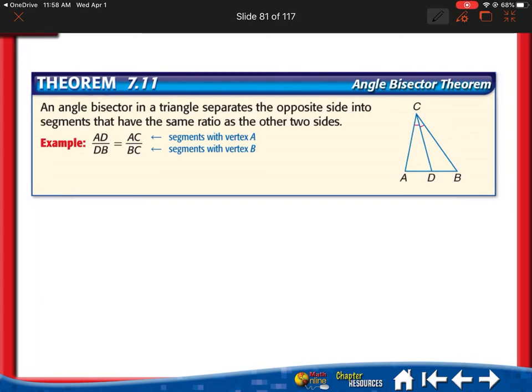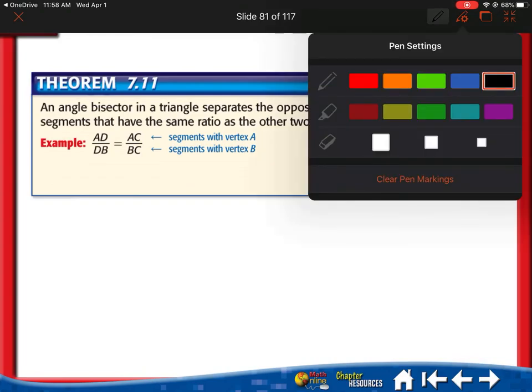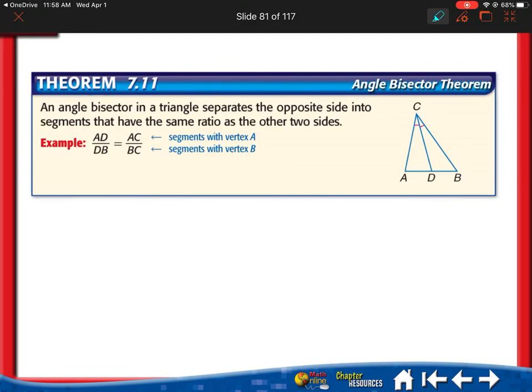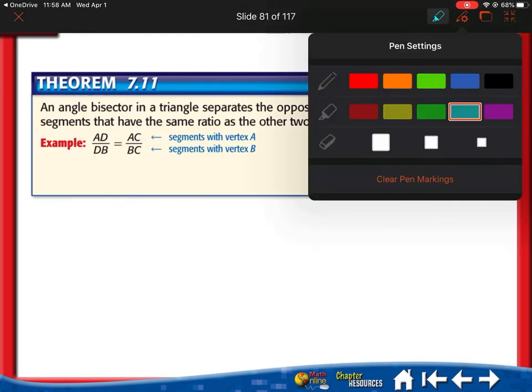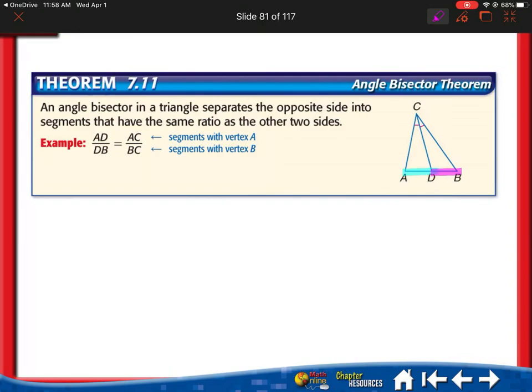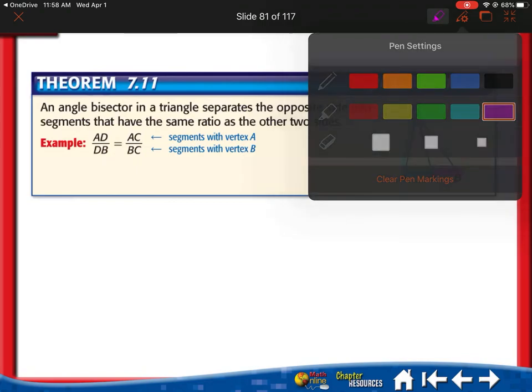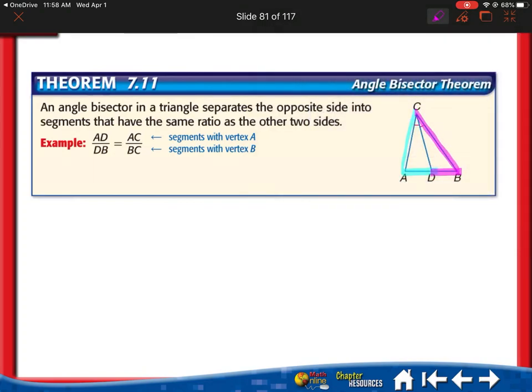All right, so the last theorem I just want to go over sort of went along with what we were just doing. It says an angle bisector in a triangle separates the opposite sides into two segments that have the same ratio as the other two sides. So I'm going to highlight these for you. It says AD over DB is equal to AC over BC. So left side over base, right side over base. All right, so that sums